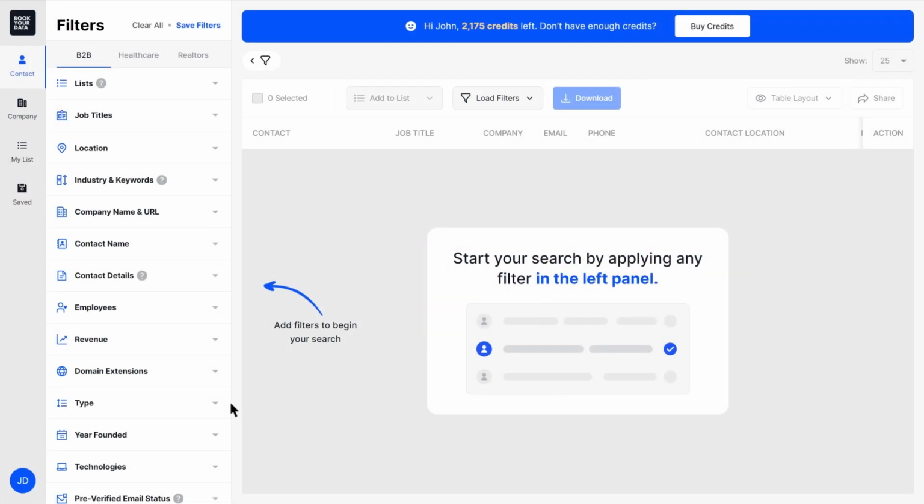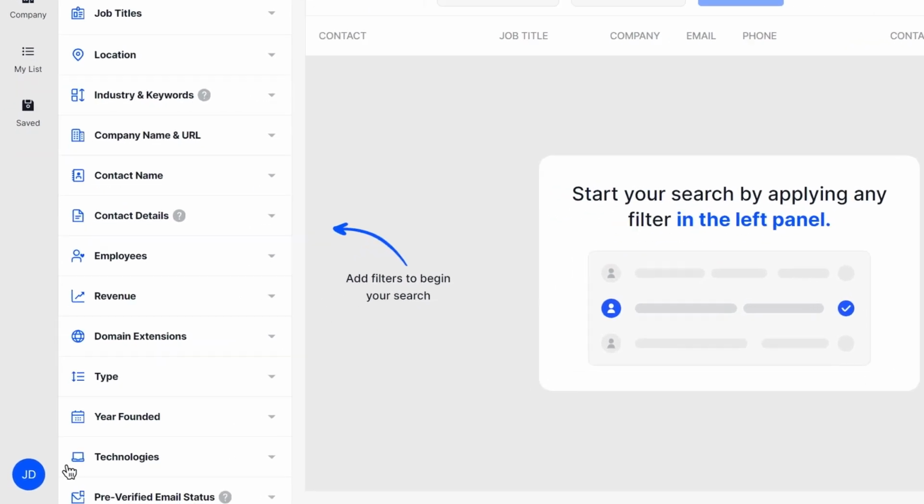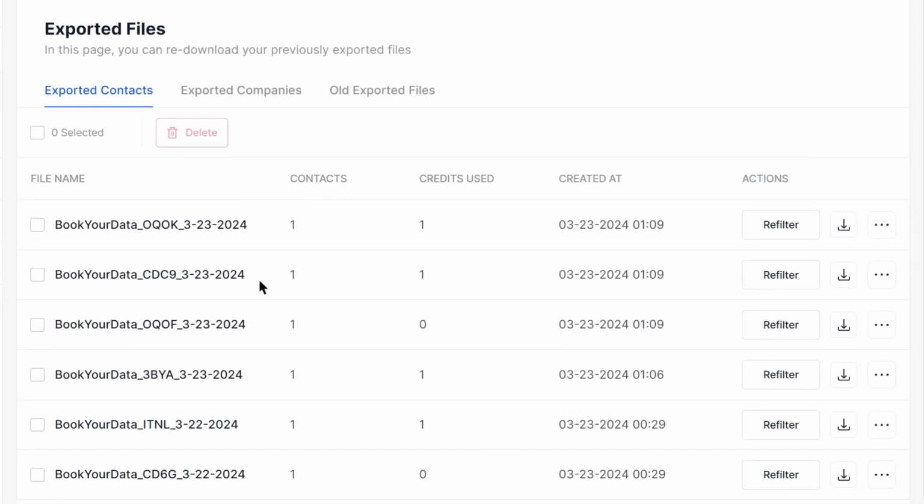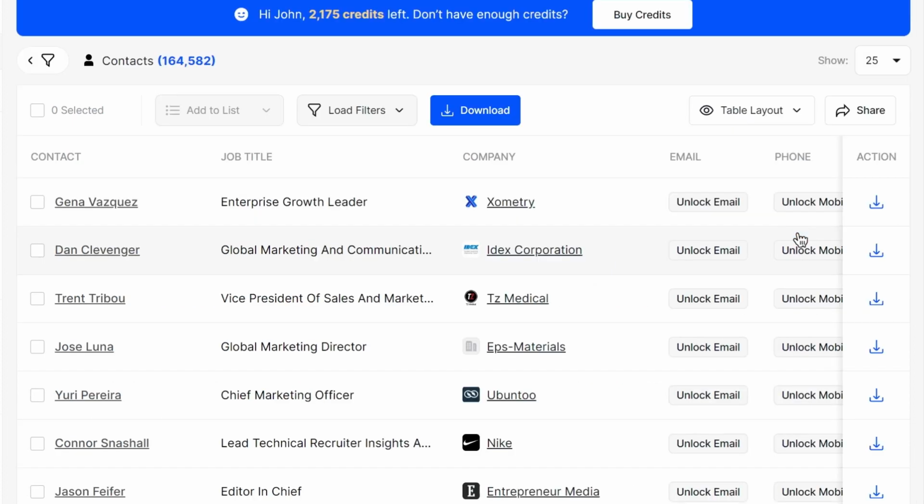Whenever you reveal contact information either by unlocking or downloading as a batch file, we save each of these actions under the Exported Files section within the user menu. You can see here file names, how many contacts were revealed at each action, and how many credits have been used for each. You can always reach previous filters of your exported files by clicking on the Rebuild button,